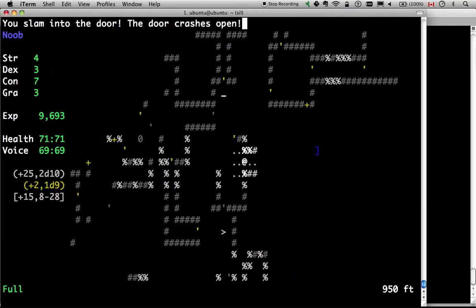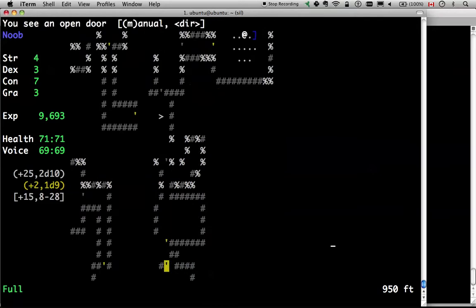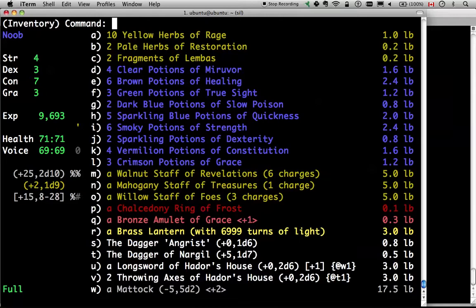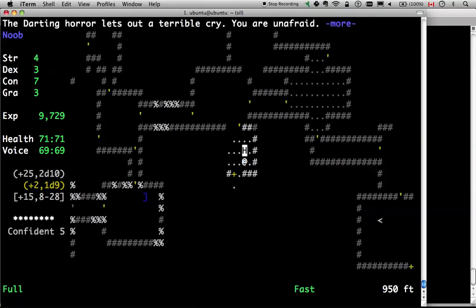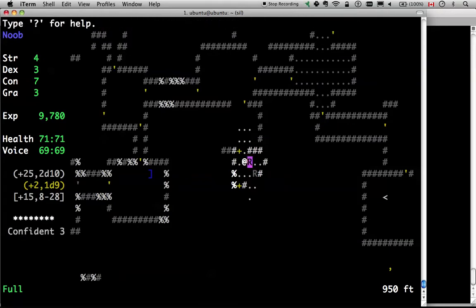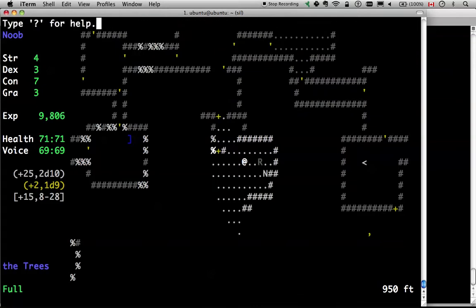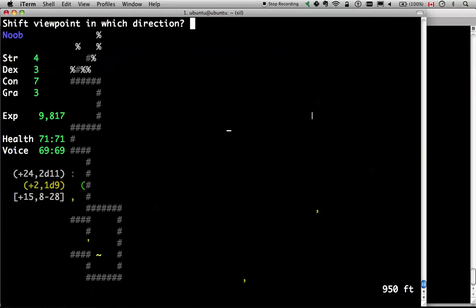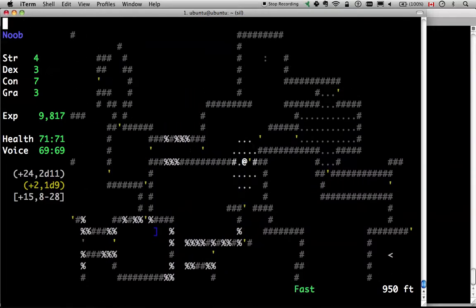How do we get over there? What was it down there that I wanted? Is it really worth this? One herb of healing? Oh, two. This is actually pretty super annoying. I don't have a clear idea of how to get over there. I know how to get the first one now, but